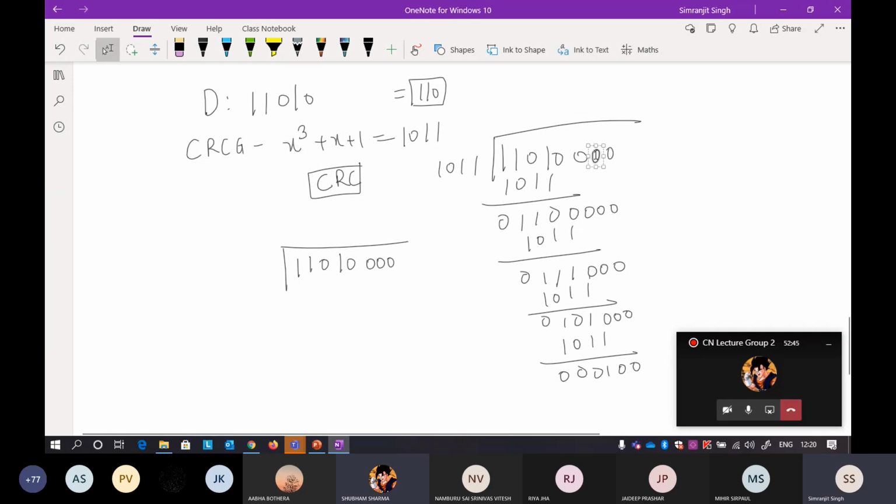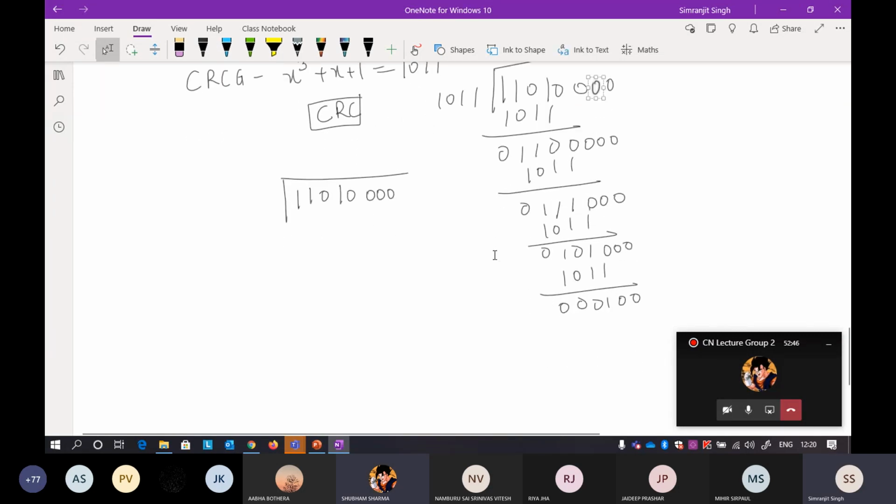Here I have taken 3 zeros. No, sir, in the third step. Okay, here. So, okay, here it will be 3 zeros. Okay, so different one, different one, different one. Yeah, there are 3 zeros here, so that is the problem. Okay, so 1 2 3. Yeah. Okay, I'll do it again.